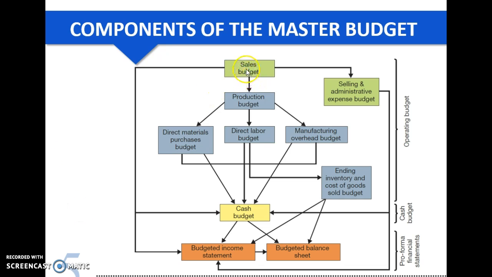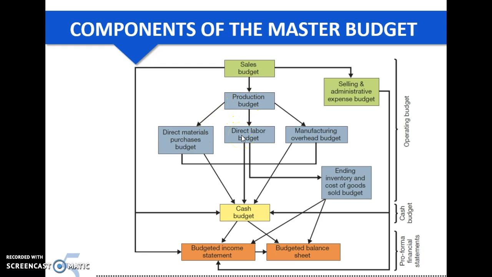As you can see, right on top and at the center is the sales budget. There is a reason why the sales budget is the first budget. Sales budget is the starting point of preparing a master budget. If you don't have a sales budget, you cannot prepare any of the other budgets shown in the chart here. Because if a company does not know how much it wants to sell in future, how would it